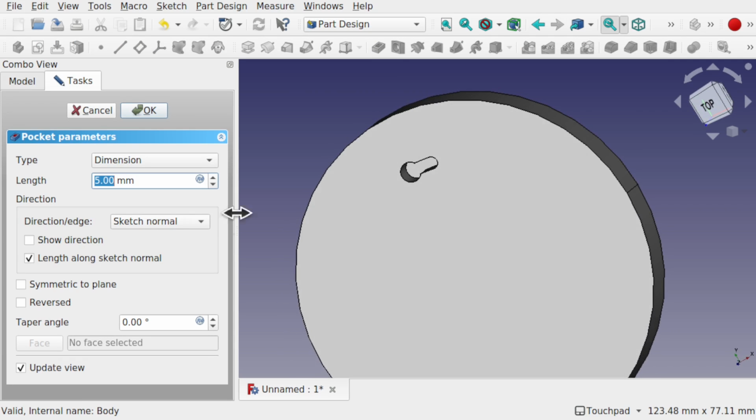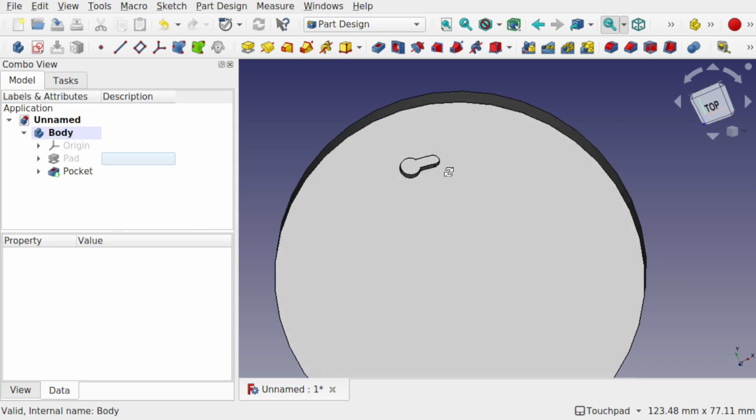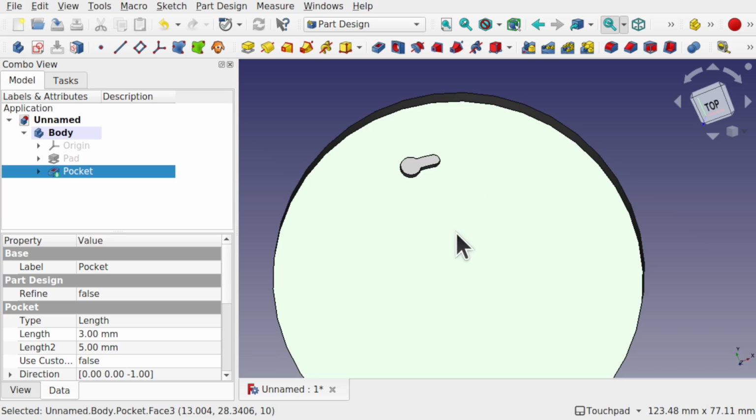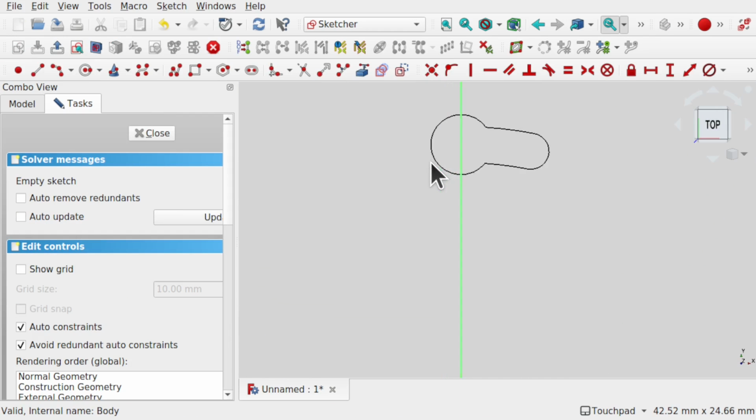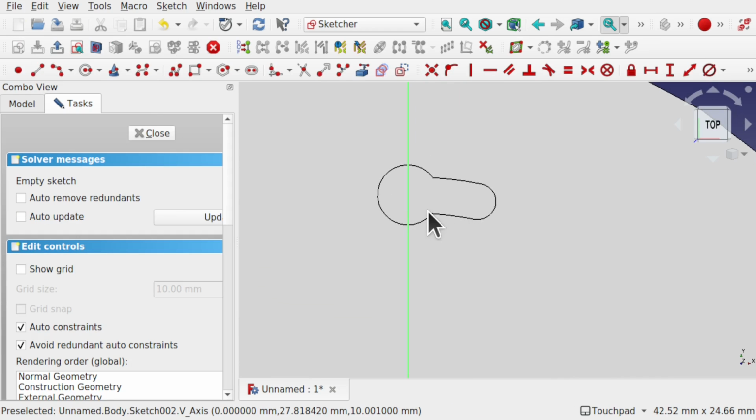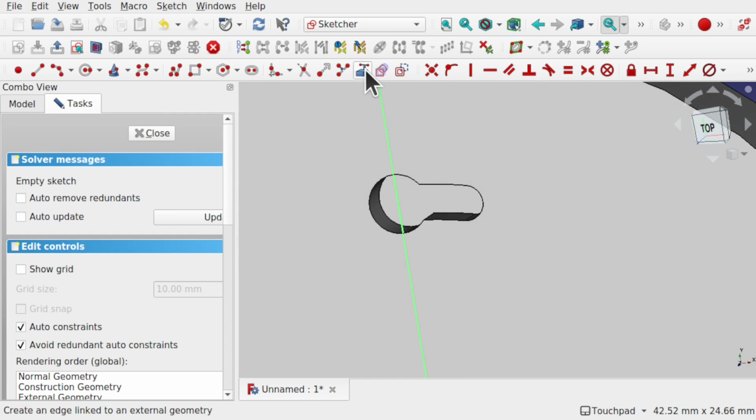And this is basically the same process. So let's put this a pocket of 3mm and click on the face, new sketch, come in, and pull in some geometry. So we're going to pull in this edge here and this edge,